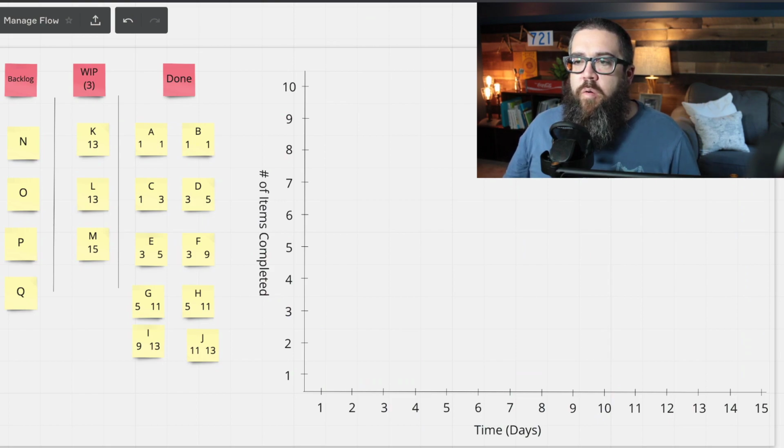So what we've done here, we've got a couple of items that we've done. What you see on the card is obviously the name of the card, which is using letters here. And then on the bottom left-hand of the card is the day that it started, and on the bottom right-hand side of the card is the day that it completed. All right, so let's